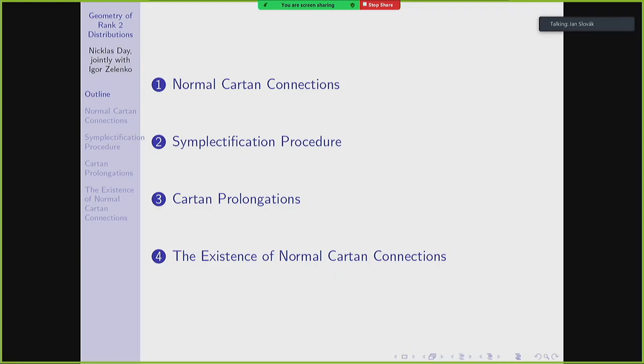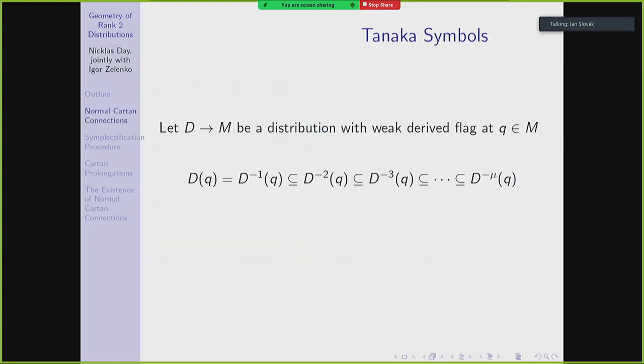So the idea is we'll start with a rank 2 distribution, and the symplectification procedure will give us a new rank 2 distribution on a higher dimensional manifold. And if we take a bunch of Cartan prolongations, we'll locally get back the symplectification procedure. So it'll be the result of iterated Cartan prolongations. And then the main focus of the talk is going to be on which of these intermediate geometries that we get from prior Cartan prolongations, on which of those do normal Cartan connections exist. So that's a brief summary, but hopefully things will become more clear as I go along.